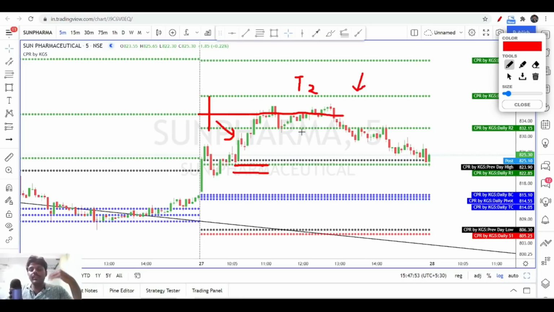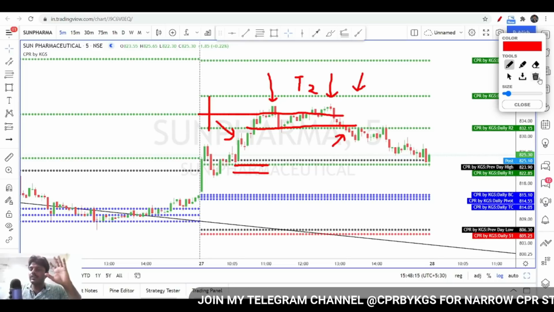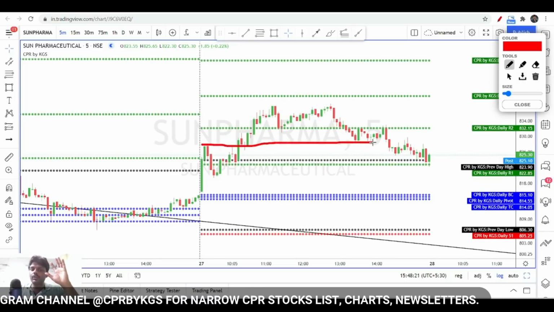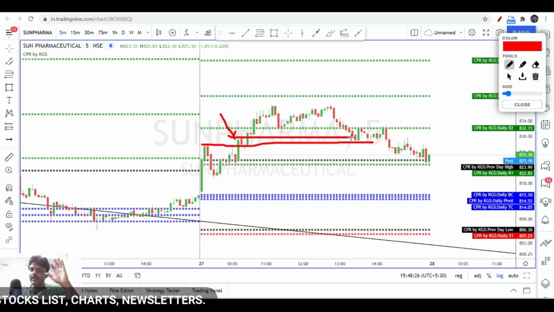Once you see the weakness in candles a couple of times, here the candle did not reach R3 level, you are still holding your position for target R3. Now second time also the candles did not reach R3 and once again the candles are coming below R2 levels. So this is the area you exit your trade. You are not exiting your trade in a loss situation. You are just exiting at cost to cost because your entry is in this bull candle. So you are exiting around the same level when the candles are coming below R2, at cost to cost.